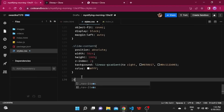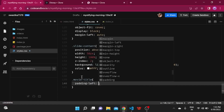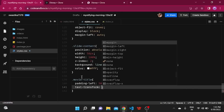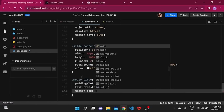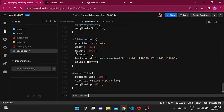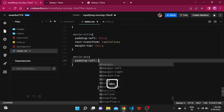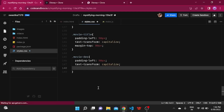Now let's move on to the class that we created with the name movie title. For the movie title, the padding from the left should be approximately 50 pixels, and the text transform should be capitalized, because we want it to be in capital letters irrespective of how it is written in our code. The top margin as 80 pixels. After this, let's move on to the description of the movie. So the class, I think, was movie description, and yes, in this, let's give some basic padding. The left as 3 pixels, the text transform as capitalize, and